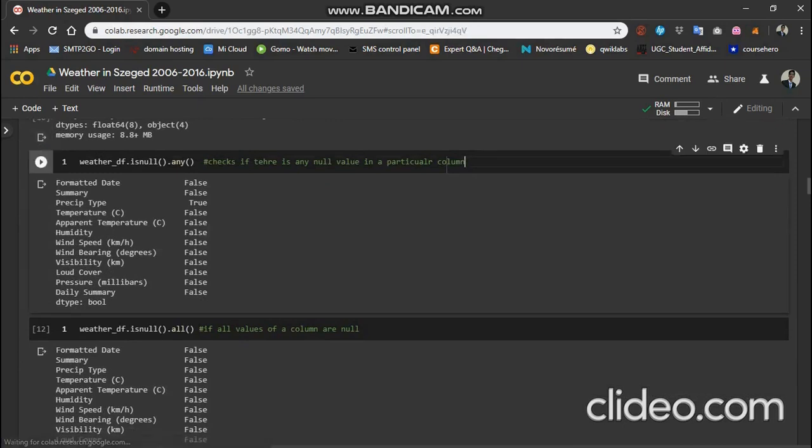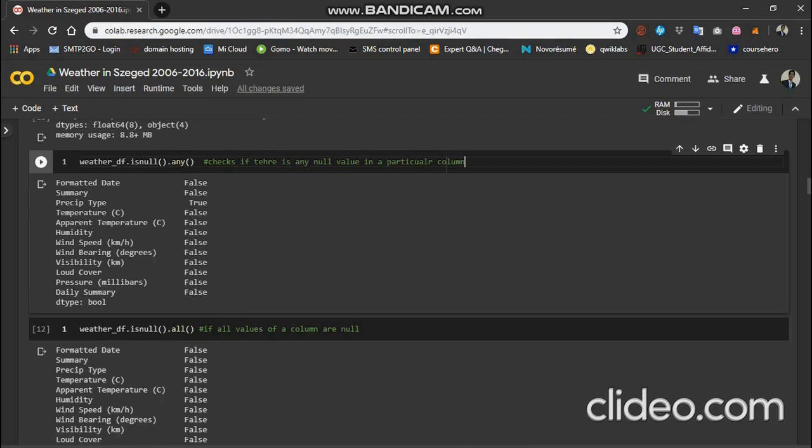Now what we have to do is, if we have a null value in a cell or in a particular column, then we can't directly feed it to the model. We'll have to do some processing on that null value. We'll have to delete it, or we'll have to replace that value with a value which makes more sense and which is more reasonable. So first we'll make a search in the column using the dot isnull dot any. If there's any null value in a particular column, then this will return true. So here, as you can see,